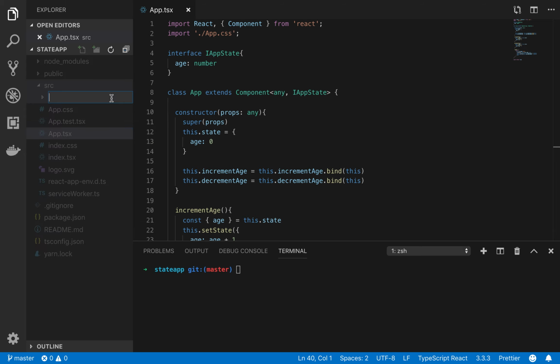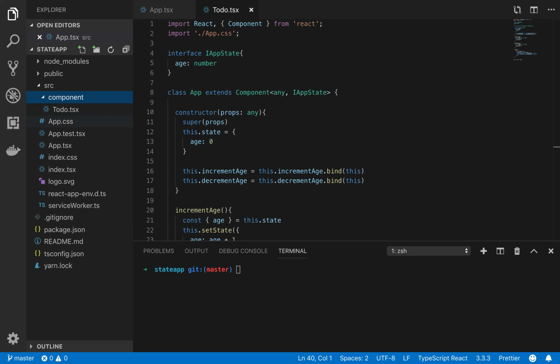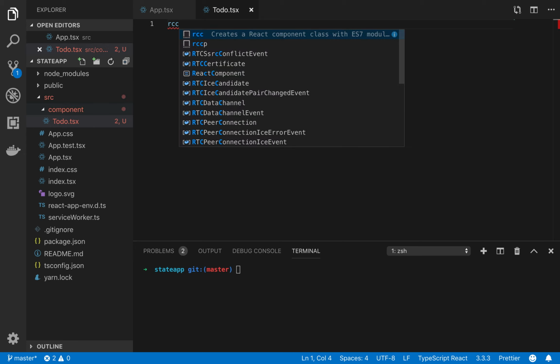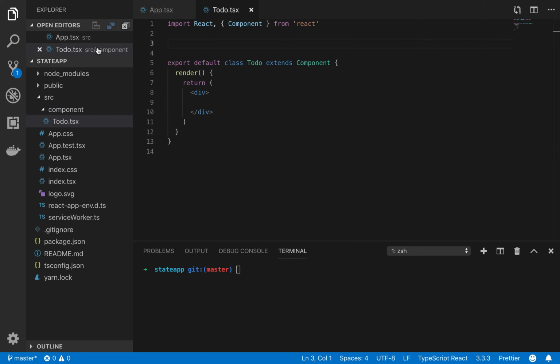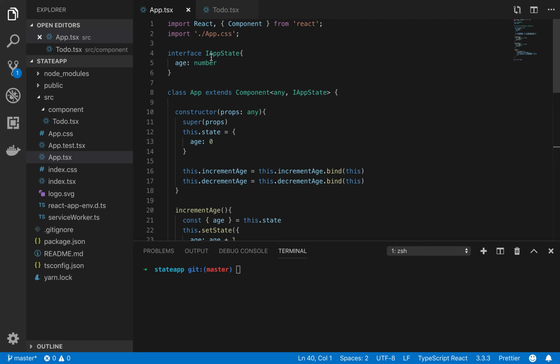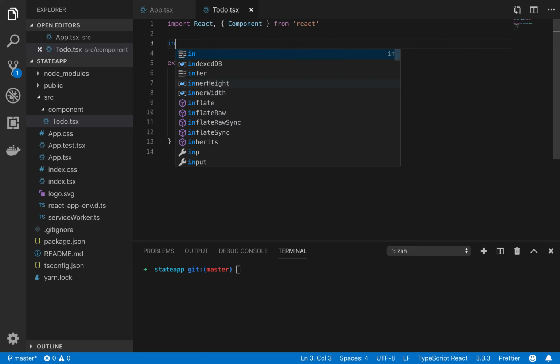Let's make a new folder called component, and in component let's create a new file, let's suppose to-do.tsx, and I'll do RCC to create the React component. It is a snippet. Now, just like in the previous video, I showed you we create an interface with IAppState. In the same way, we're going to create an